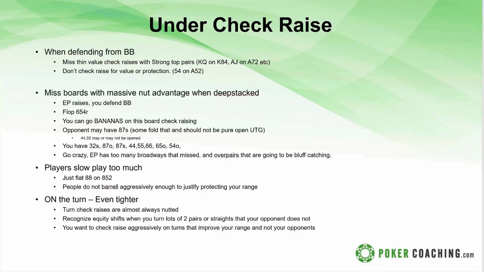And on this ace jack board also, these king queens and ace jacks are hands that you can check raise on the flop. And when they call, depending on the card, maybe you bet again, but you can also check again on the turn. Now you have a bluff catching hand. Say we check raise 4-5 suited or deuce 5 suited, like we've said before, and then the turn is a king. Now if you check raise ace jack, you have a hand that you can check call with and then give up with your deuce 5 suited.